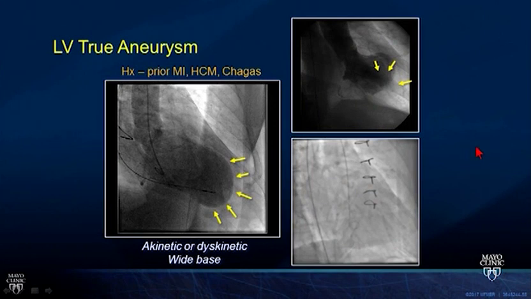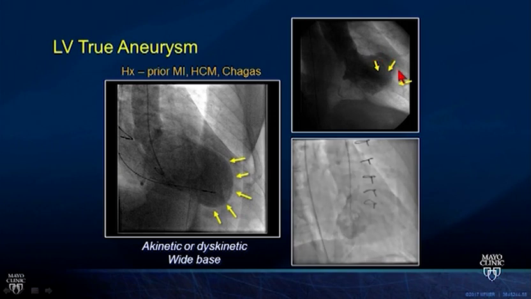This is an example of a true aneurysm. Think about this in patients who've had a prior myocardial infarction, hypertrophic cardiomyopathy, or Chagas disease. And you'll see an akinetic or dyskinetic segment of the myocardium, and the base will be wide. Here's another example. This is an example up here of an aneurysm affecting the anterolateral wall of the